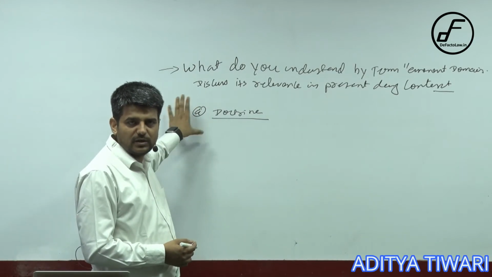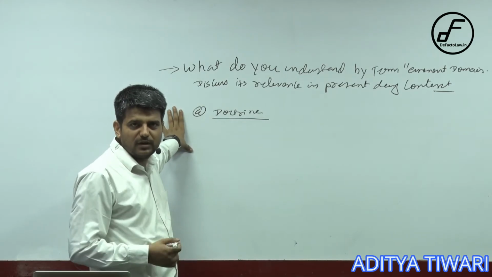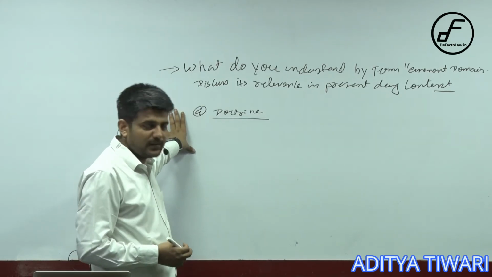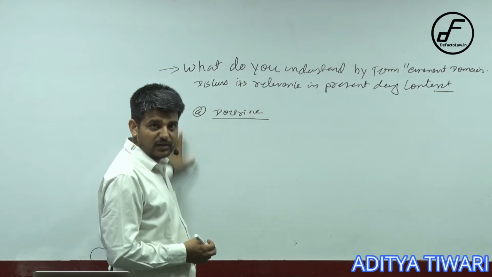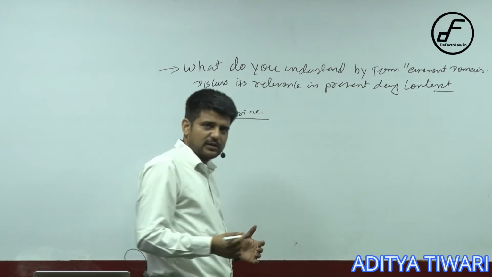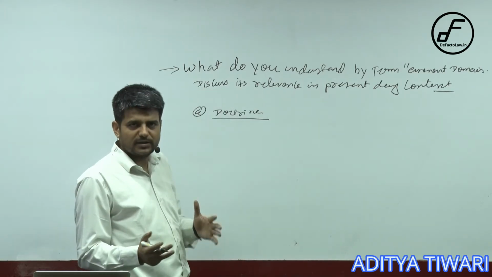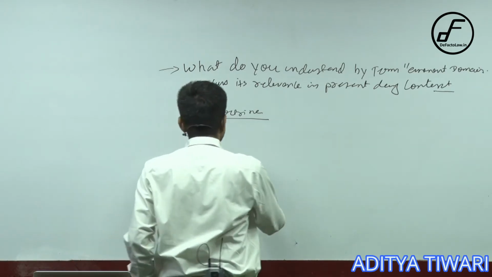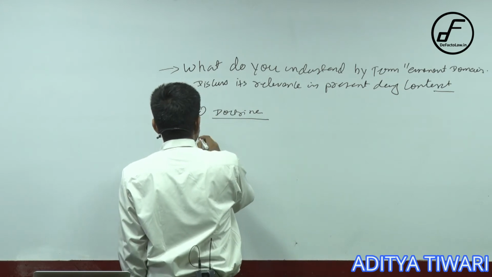So it was a 20 marker question, so obviously you have to write more than 40-45 lines. So that is the 10 to 12 lines that you will talk about there. Then you will be talking, in the second part of the answer, you can go for 15 also. The second part of the answer, which will be almost half of the answer, is basically you will be talking that